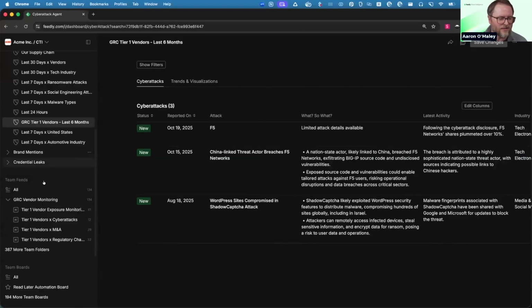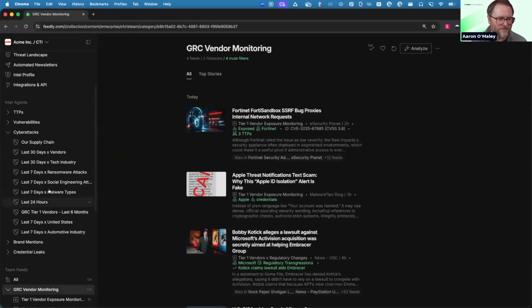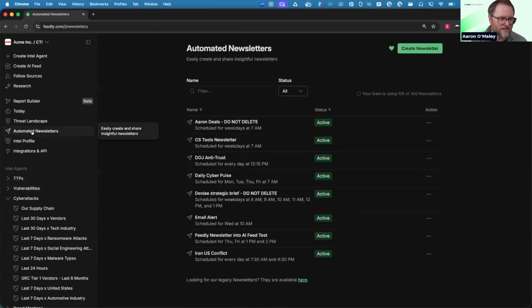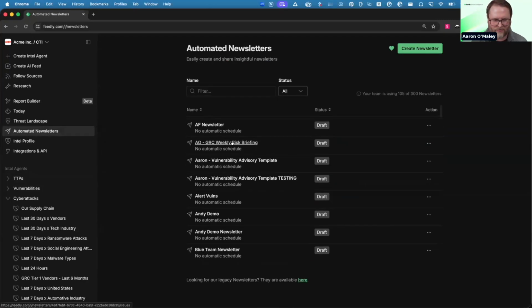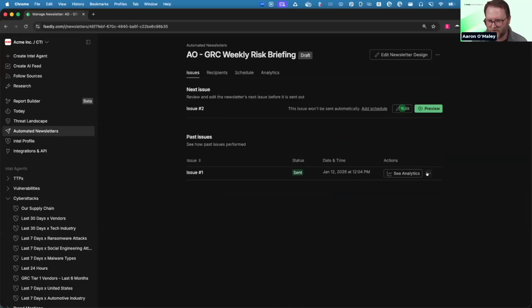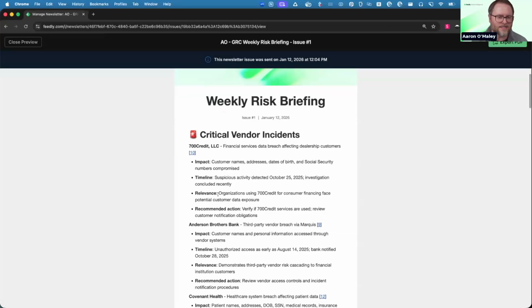But then also looking through this list of all these different triggers and monitors that I have here for all those vendors, I could also deliver a newsletter. So if I go in here and go to drafts, I've got one for a weekly risk briefing that I had created. So basically looking at all of those articles as inputs, then I can create something like this